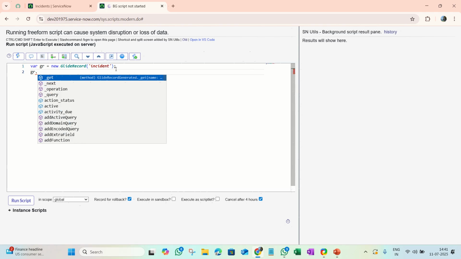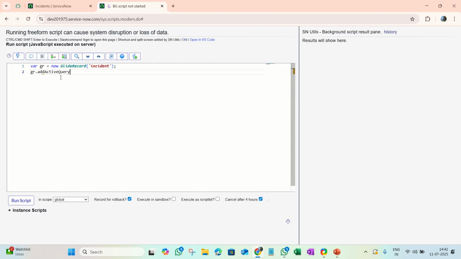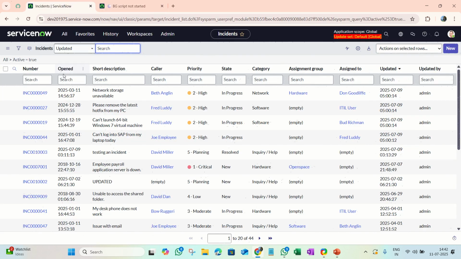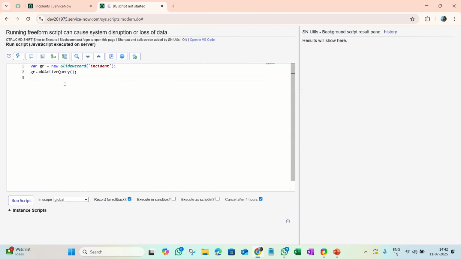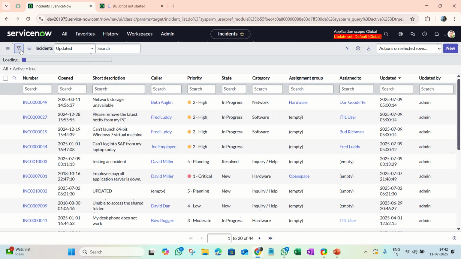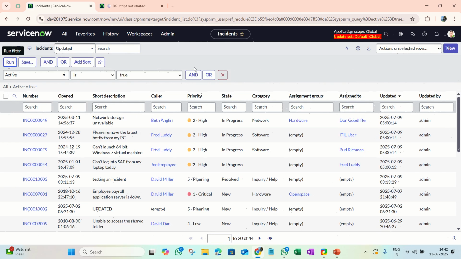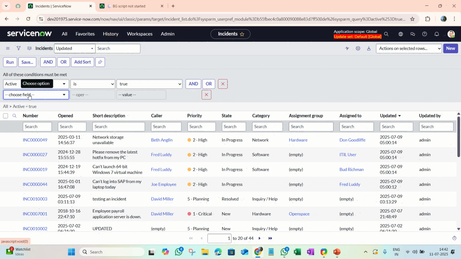So there we did see that there was an active query. Okay, so we'll call the method active query. Remember, at this stage the query is not executed, okay, but what we are fetching here is a filtered list of incidents. What is executed? Active equal to true is executed. So I'll have to do a gr.query, but before that I would like to further filter this particular incident list,